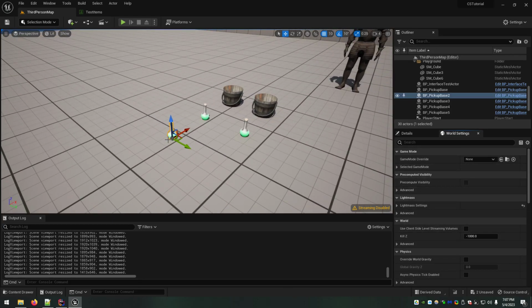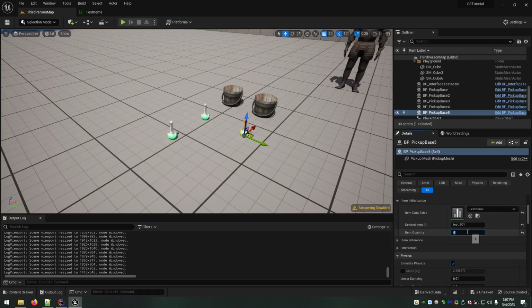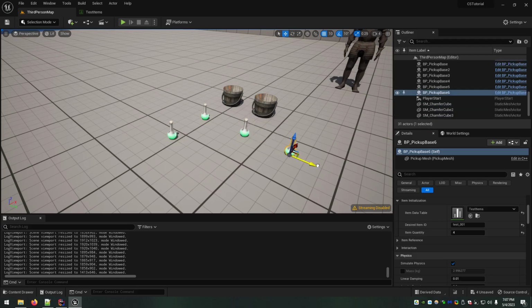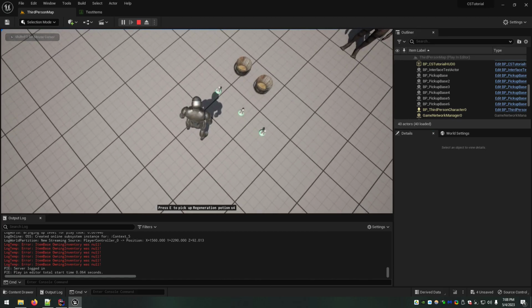Let's make this one, let's actually do 3 of them at 4 and make one more but have it be a 5. So you should end up with 3 full stacks and another stack of 2 on the side that's added brand new. Okay, so let's pick up these 3.